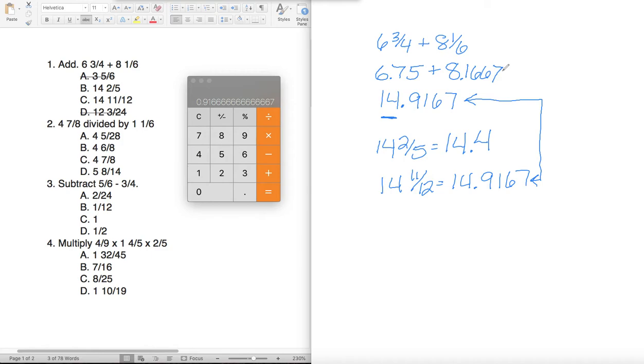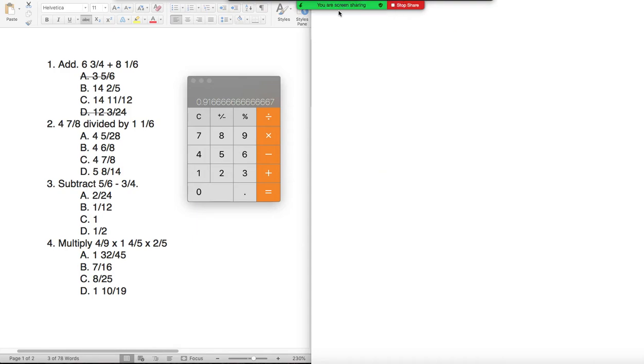So the steps do not change, unlike regular fraction addition and subtraction, which is different from multiplying and dividing. Now we just have one set of rules, and it doesn't matter if you're doing addition, subtraction, multiplication, or division. So I'm going to do the next example here, which is 4 7/8